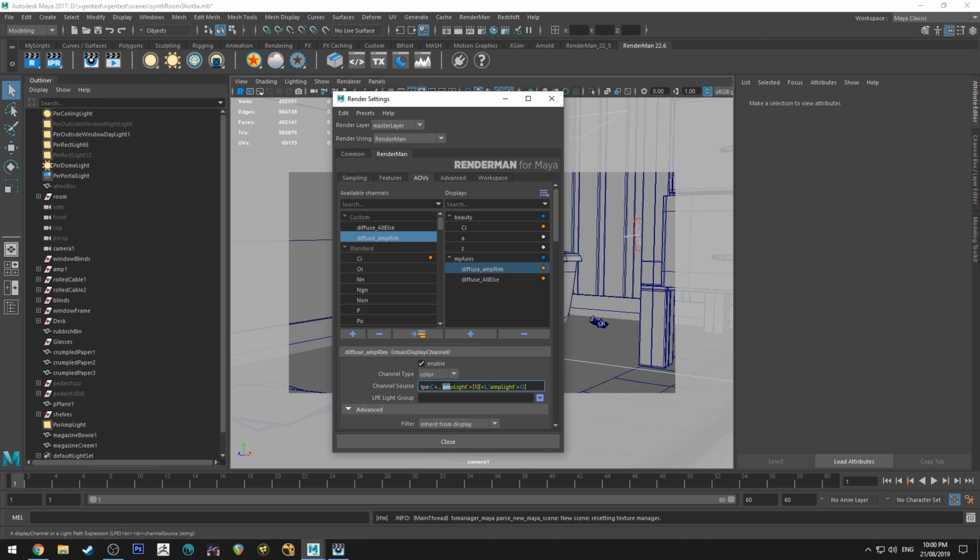That's actually, the object is called amp light LPE. I don't know why I did that. And then I've got a separate layer, which is essentially my beauty pass, as you can see. Beauty pass, and then it is the entire scene. It's exactly the same as the beauty pass that I showed you at the beginning of the video, but I'm omitting the amp light, which is the rim light that I was using there.